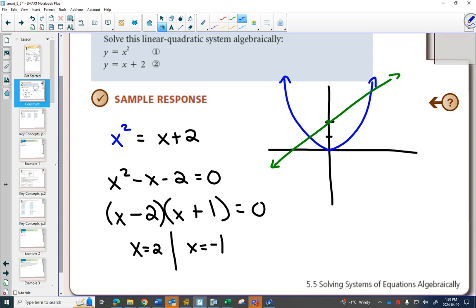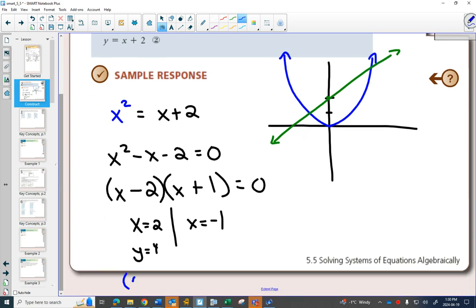And now if I have my x value, I could find my y value by plugging back in. What happens when I plug in 2? 2 plus 2. Then for this one, y would be 4. So I would know these solutions go together, 2 comma 4. That's this point